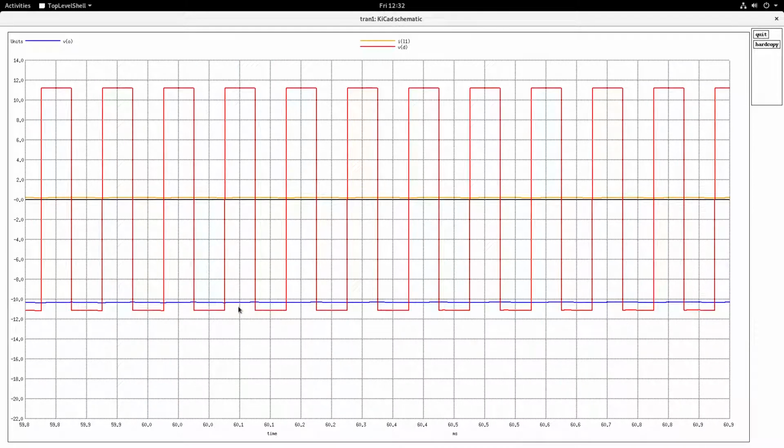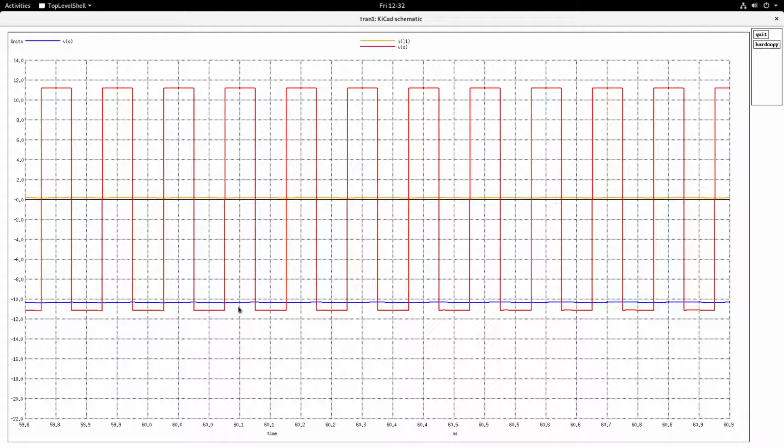This is the output voltage waveform, and you should try to find out how much it aligns with the theoretical value and why it does not align: what are the non-idealities, the drops across the various devices, that make it deviate from the theoretical value. These are the things you need to find out, try to understand, and get as much insight as possible through the simulation.